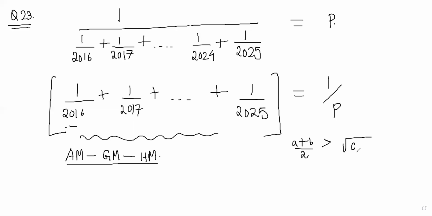So A1 plus up to AN divided by N, and then you find the geometric mean and then the harmonic mean. So it feels like, is it a question about that? Because if you have 10 numbers like this, correct? Then the AM of these 10 numbers will be greater than the GM and will be greater than the HM, right? But you still need to add them up and all.